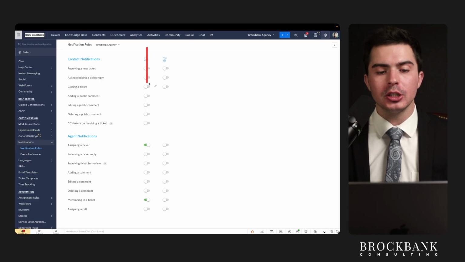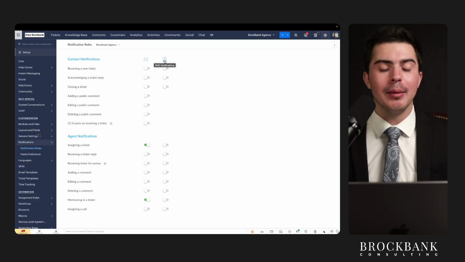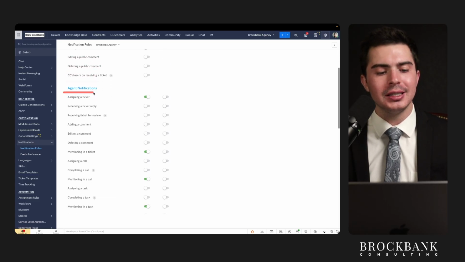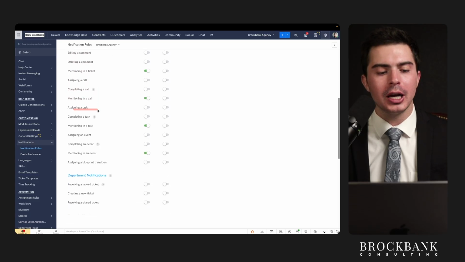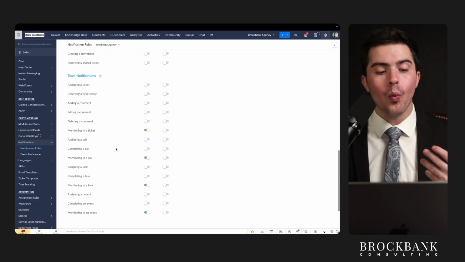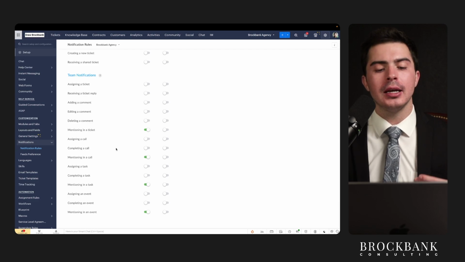So you got two options. You can either receive an SMS notification, a text to your mobile device, or an email notification to help you in your email inbox be aware of what's going on. So receiving a new ticket, acknowledging a ticket reply, closing a ticket, assigning a ticket, receiving a ticket reply, all these different options that you can configure so that you know what's going on, exactly what's happening in your system